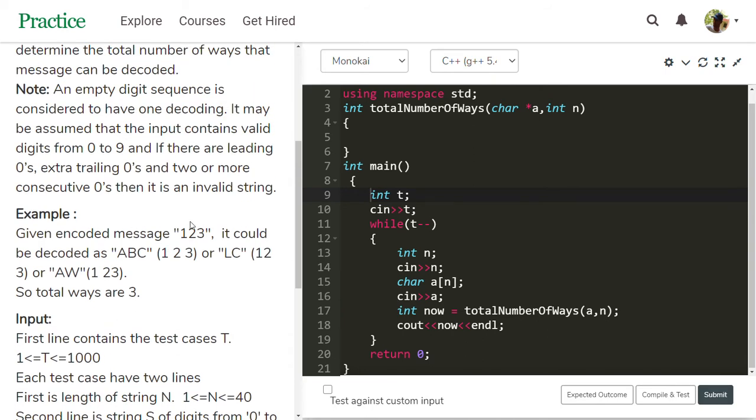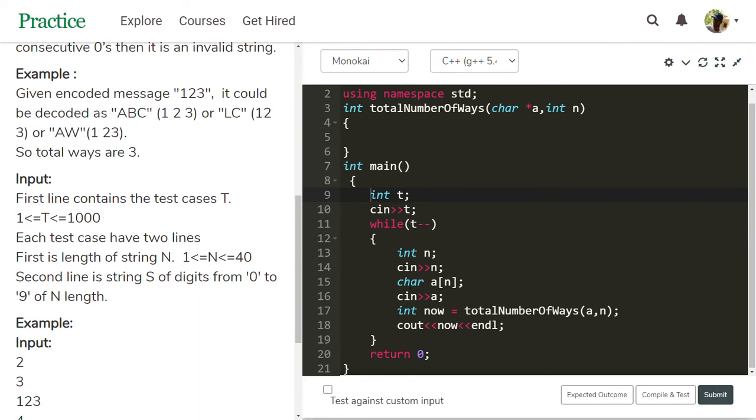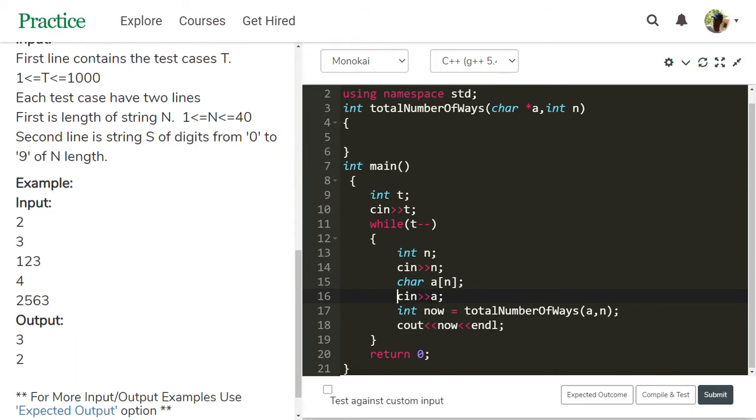To solve this task, we will write our code. First, for test cases, take the variable t and take its value. For all test cases, use a while loop with t minus minus. In every test case, we take the length of the string n. To store the characters, use a character array of size n, and take the string in a.